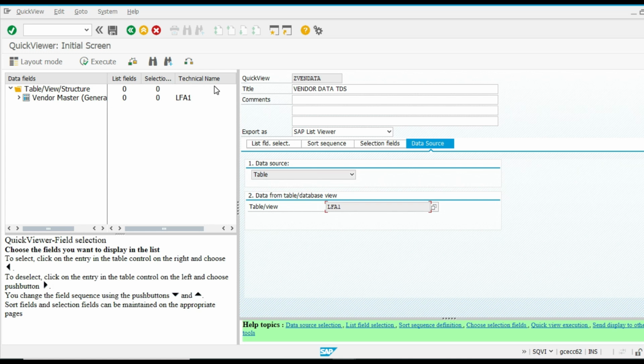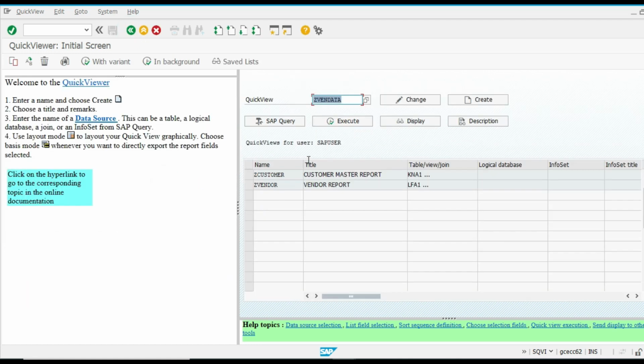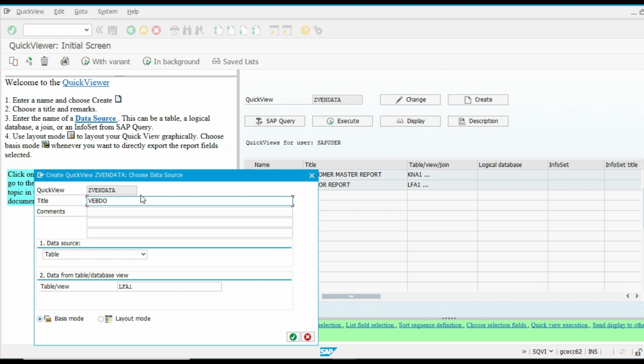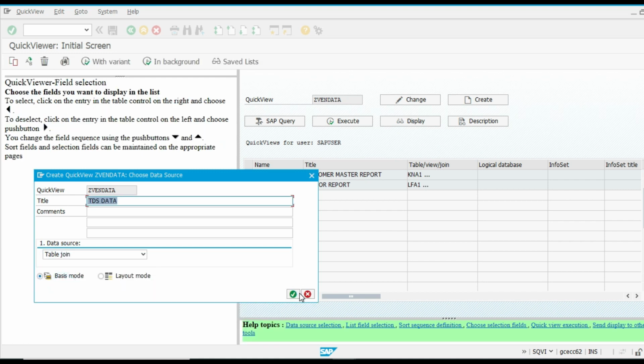Oh, we clicked on a table, so that is wrong. Just go to table join. No, we are not going to. Just data, create TDS data, go to table join, basis mode, okay.